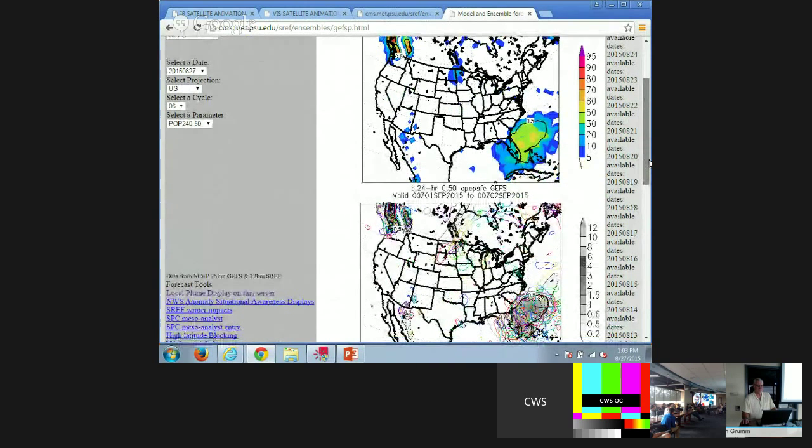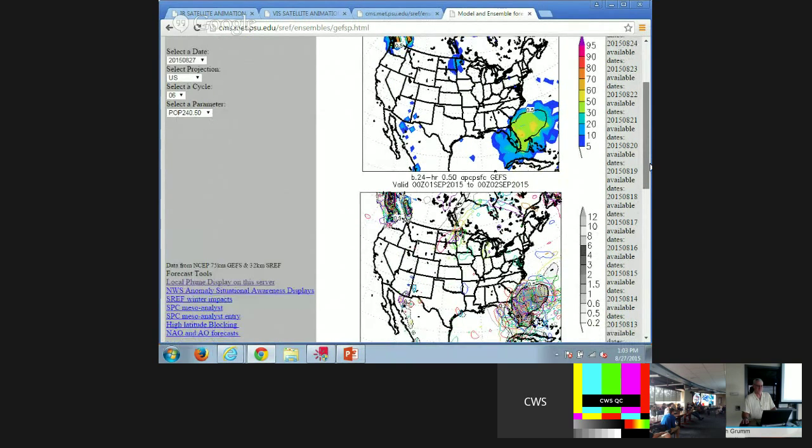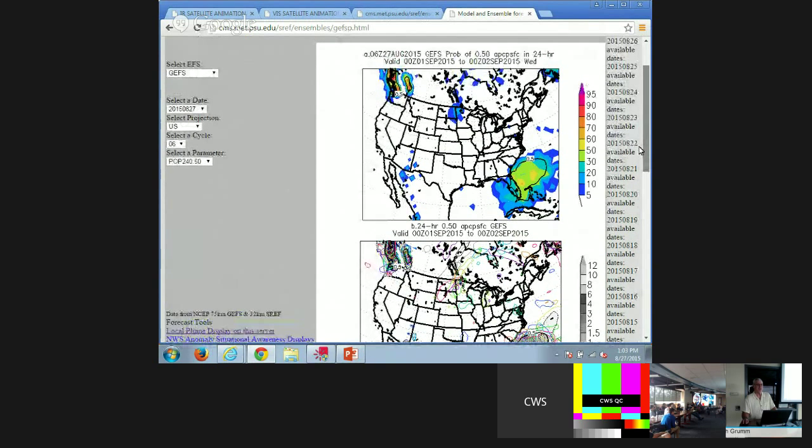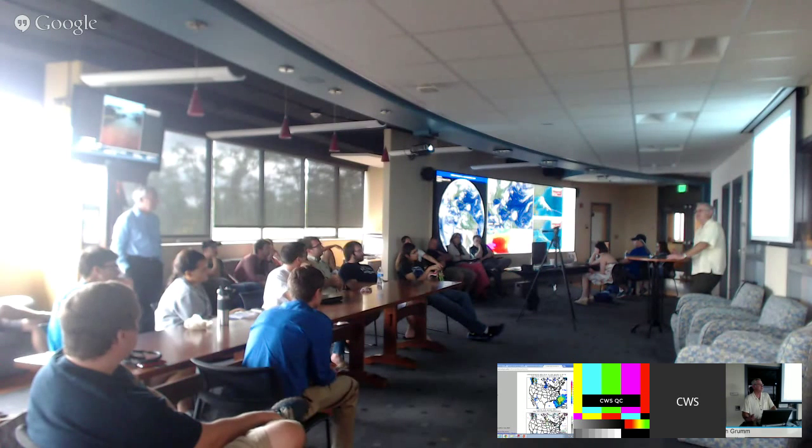I'm from the northeast, and both Hurricane Sandy and Irene had predominantly more rain on the left side of the track. So I was just wondering, is there a simple explanation as to why this one has the precip on the east side? There are some good papers written about the shear relative to tropical storms, how the shear is oriented, and where the precipitation falls. Is anybody in the audience an expert on that? There are known different shear profiles that modulate that.